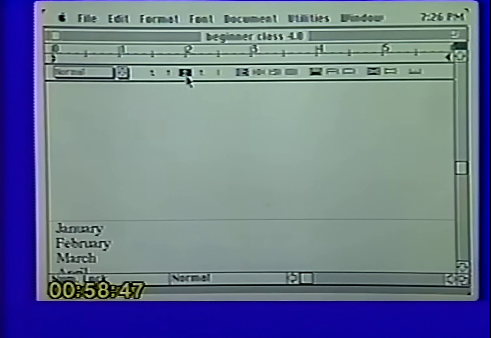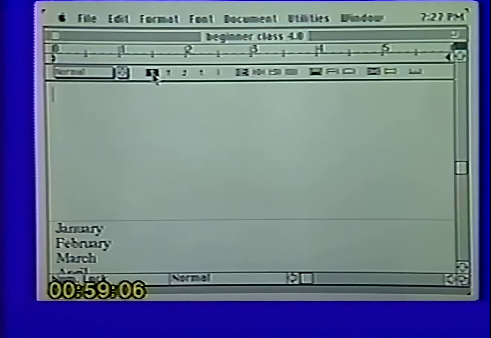The third tab, when you set that mark and you go to type, will type all of your copy to the left of that tab mark. We'll use the fourth one here in a minute. So again, the first one, which is your default tab, always puts all your copy to the right. The second one centers your copy. The third one puts all your copy to the left. So let's set some tabs.